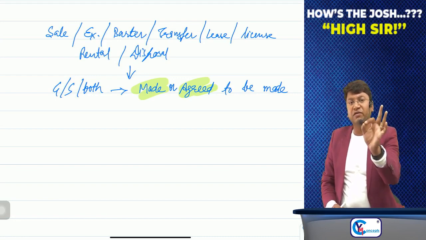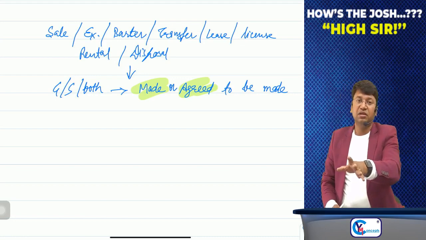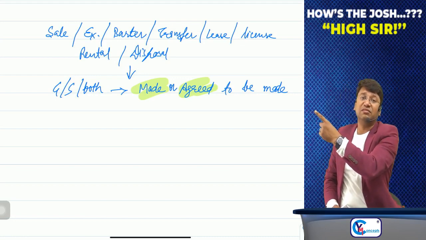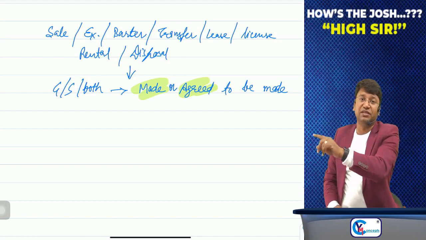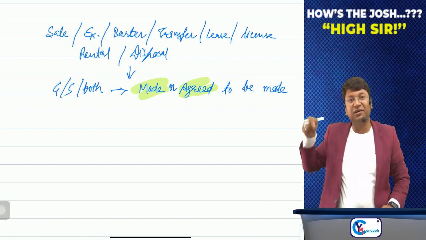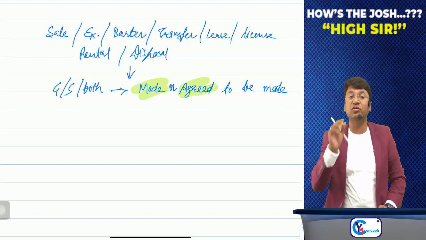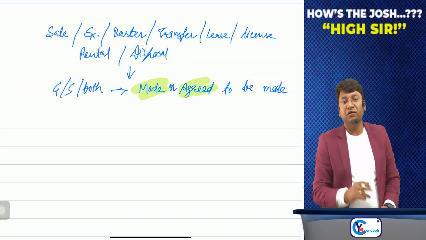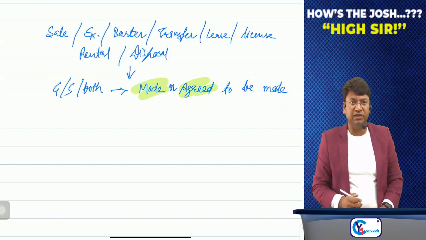But no doubt in respect of advance received in respect of goods, a separate provision is given in time of supply. Due to that notification, GST is not liable to be paid on advance received in respect of goods. Otherwise, GST is leviable. It is covered in the term supply because you have agreed to supply. We will read it separately while reading chapter number 3, time of supply. Okay.